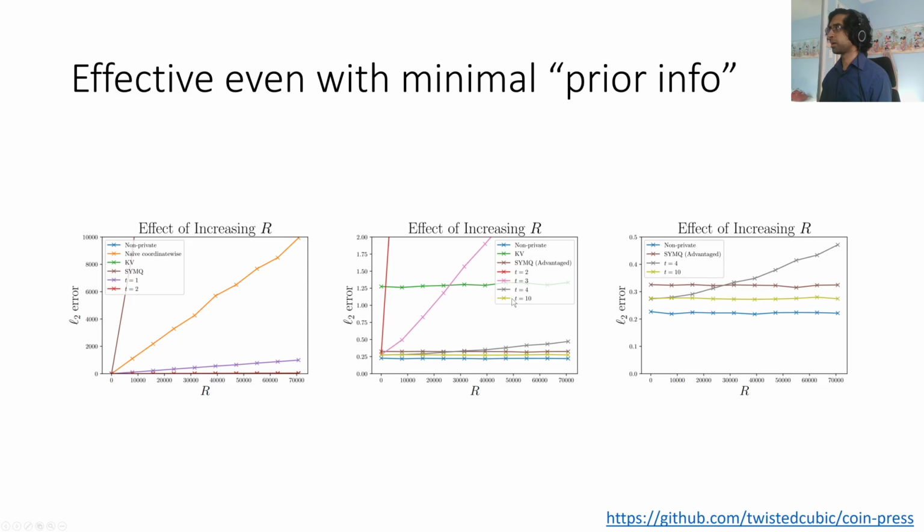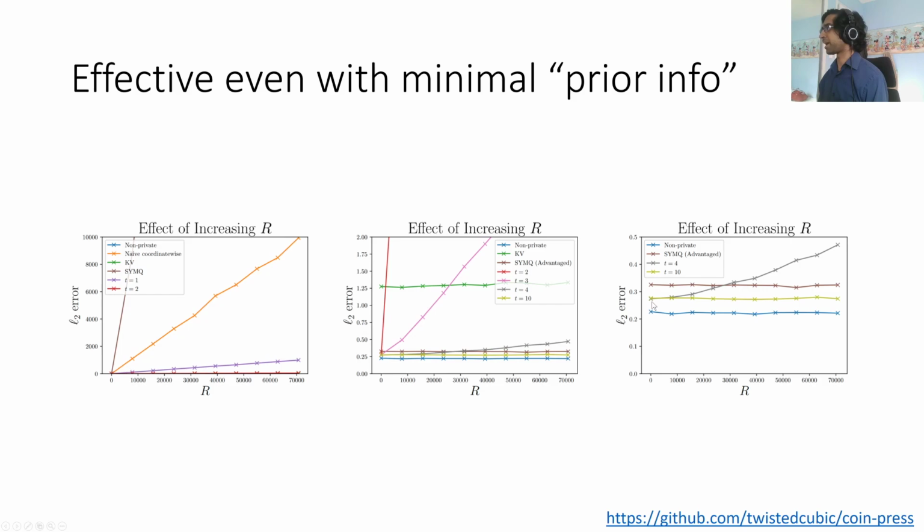if we have a lot of uncertainty. But what really does well when we have a lot of uncertainty is just setting t, the number of iterations, to be very, very large. So if we set, say, t to be 10, this is perhaps overkill, but we see that it is effective throughout, even for very large amounts of uncertainty, large r. But we don't see any sort of disadvantage for small values of r.